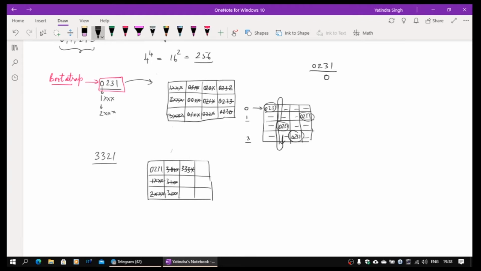After 2 actually we get 3, so 331X, 330X, no node is there with this, and of course 3322, there is no node with this, that's why I am crossing it. There is only one entry, which is marked at this position. This is the only entry in this routing table.